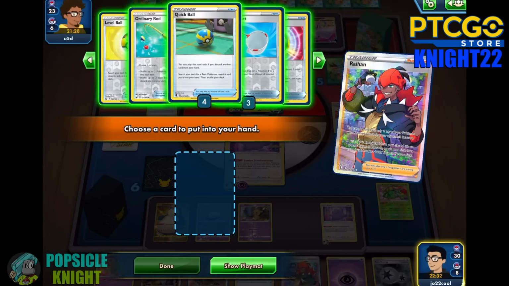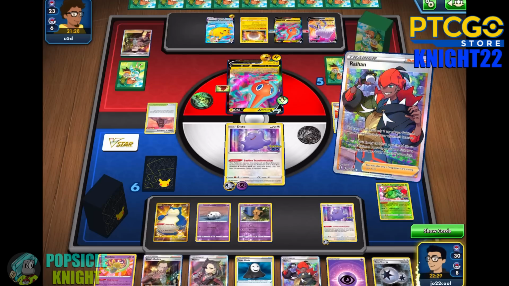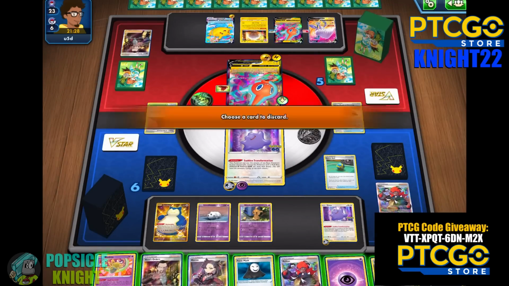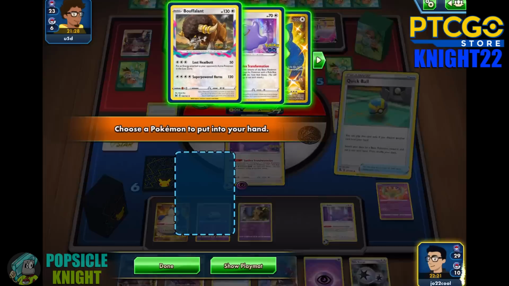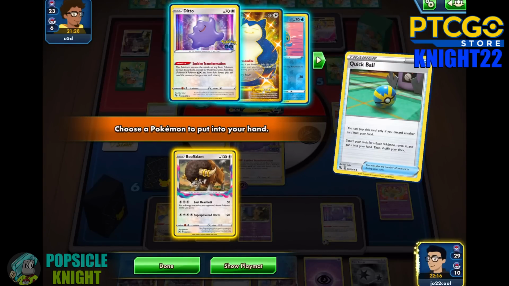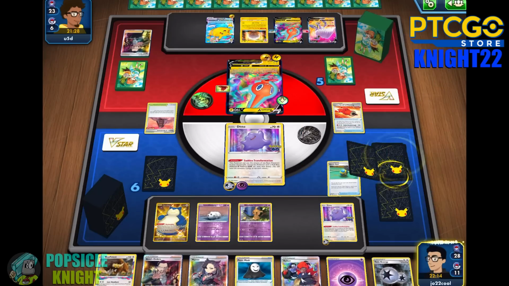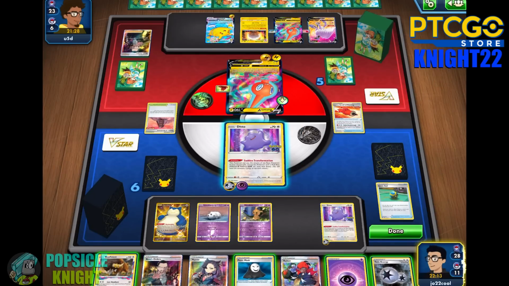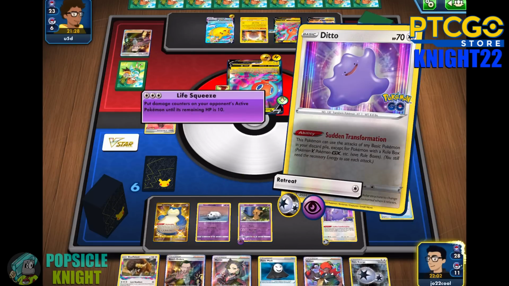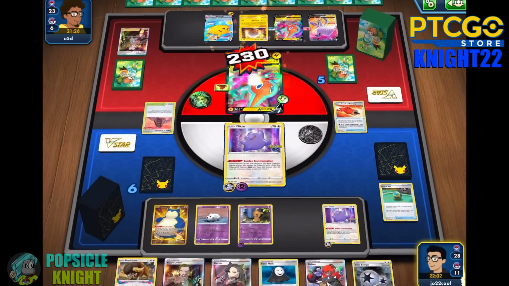So they will knock out one of our Pokemon, so we can use Raihan, and then we finally got to have access to Quick Ball, so we can discard our Shedinja. And I'm just gonna get Bouffalant for now, and then I wonder if I should use Panic Mask. I could reserve the Panic Mask until later, so I'm just gonna Life Squeeze this guy,